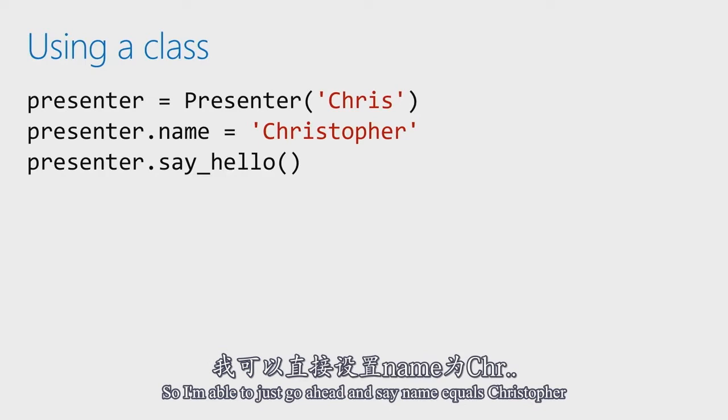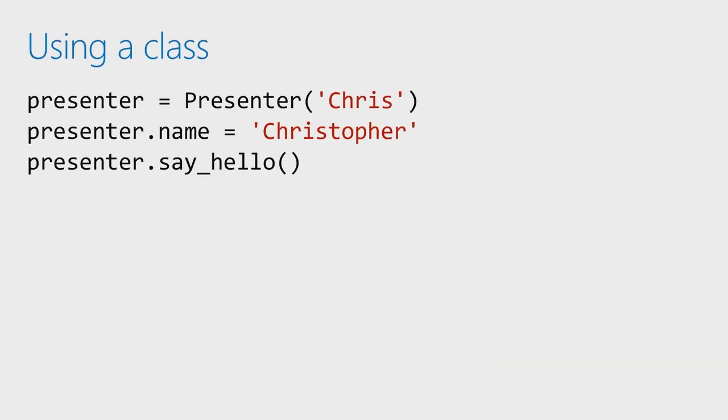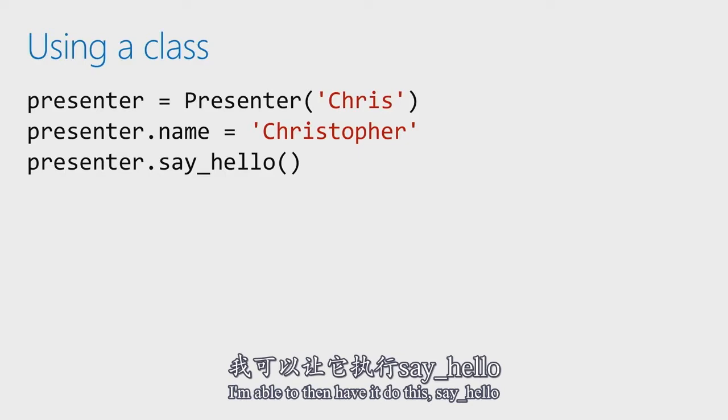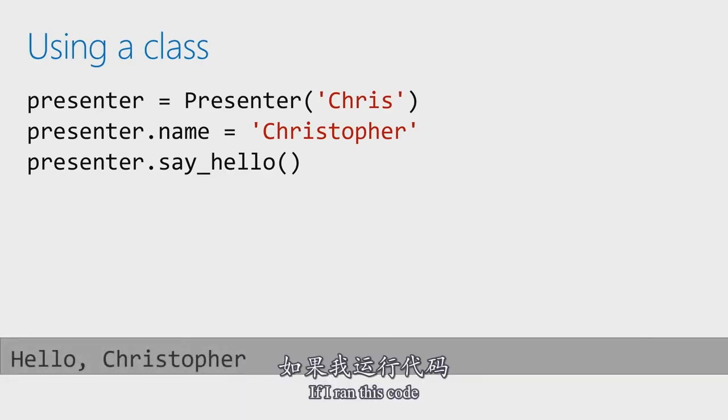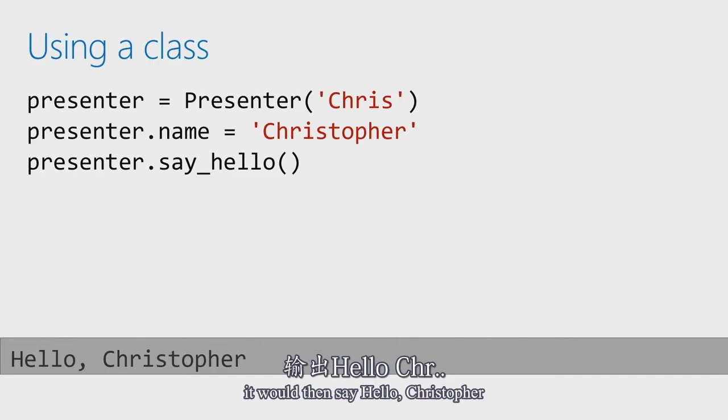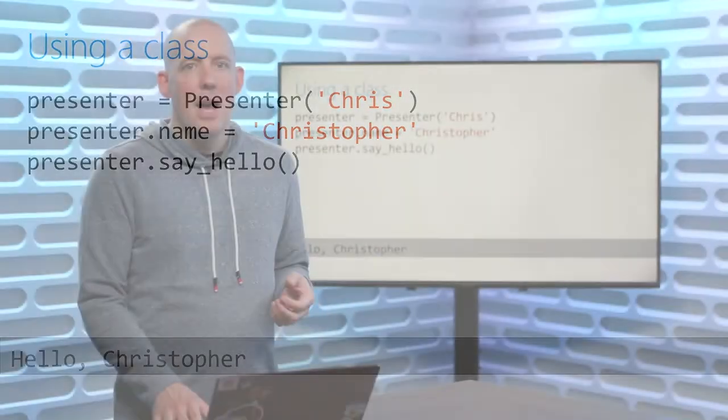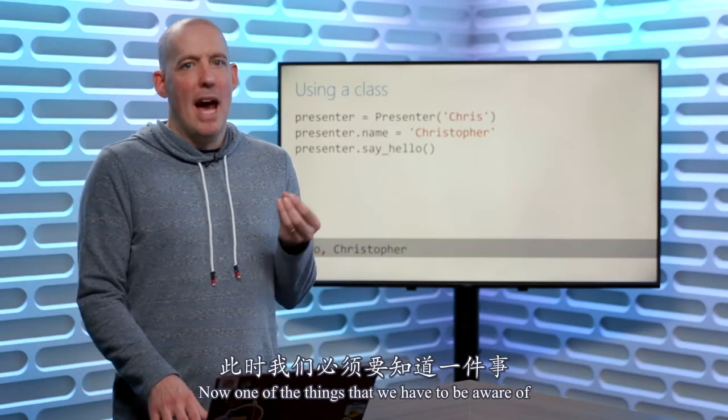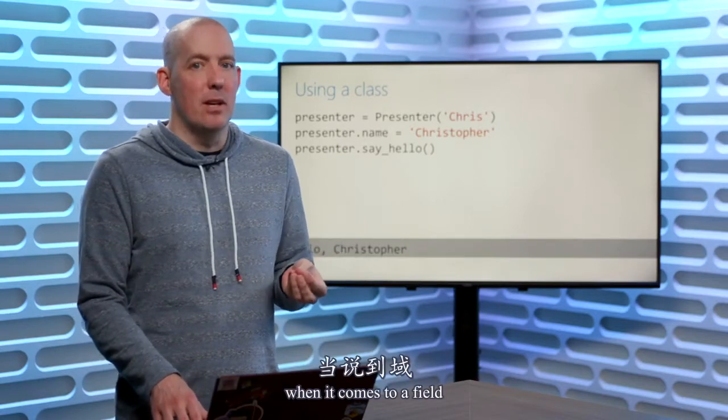So I'm able to just go ahead and say name equals Christopher. And then last but not least, I'm able to then have it do the say hello. If I ran this code, it would then say hello, Christopher. Now, one of the things that we have to be aware of when it comes to a field is the